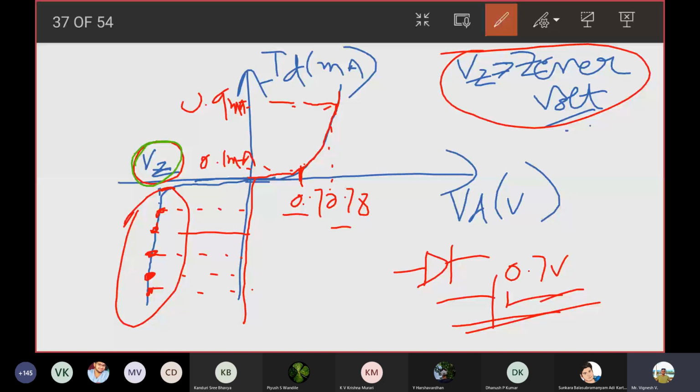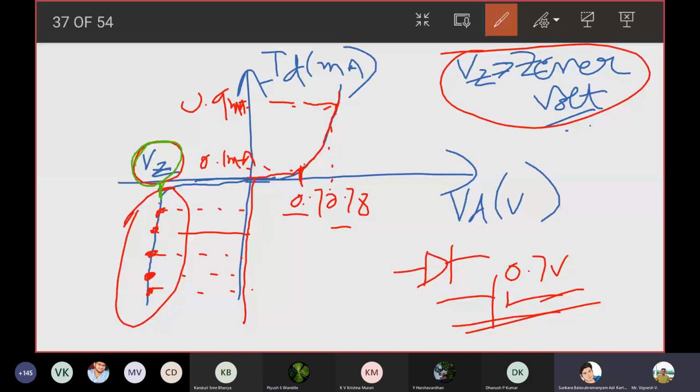What if I operate my PN junction diode exactly at 0.7 volts? You will consider it to be forward bias, no? Yes, sir. Who asked me the question? Piyush. Yes, Piyush. So when I tell you the input is 0.7 volts, you do consider it to be forward bias, right? In the same way, when the input is VZ or 10 volts, you will consider it to be crossing the breakdown condition and you will say the output is 10 volts. Is it clear? Yes, sir.